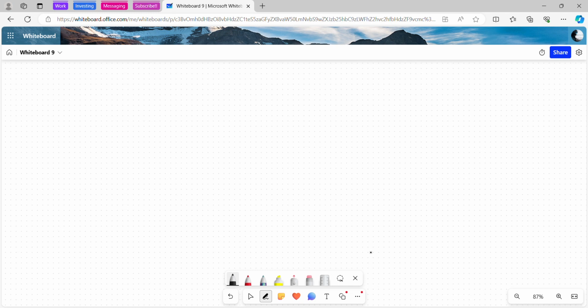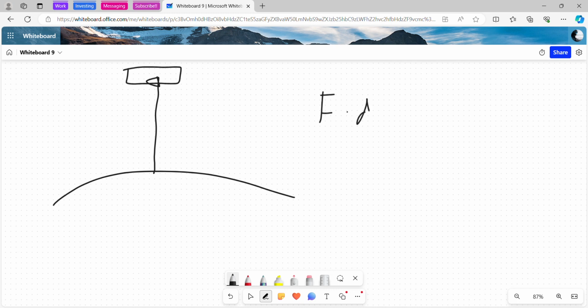So let's say we're on the Earth and then a book is up here. It has some gravitational potential energy, right? But what is that gravitational potential energy? So the gravitational potential energy is basically equal to the work it takes to move the book up here. And we know that work is force times distance times cos theta. And we figured out earlier